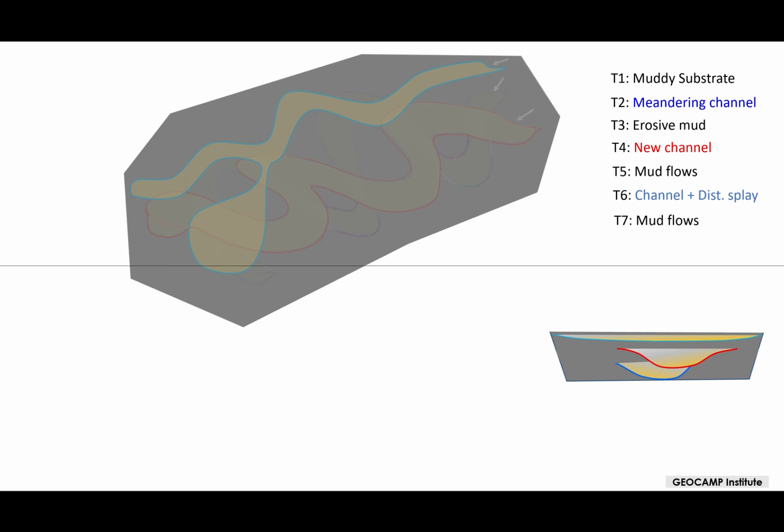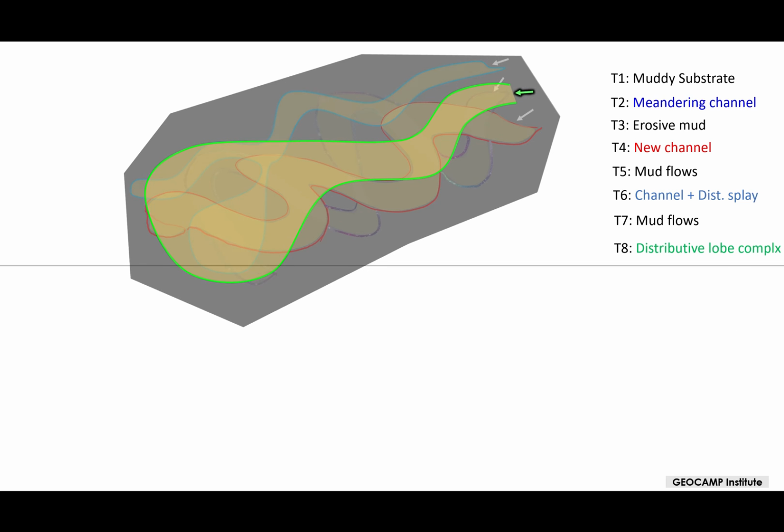Now let's imagine that we have another cycle of mud deposit coming in at T7, and a more recent distributive lobe complex at time T8. Let's assume that in this area the slope became a little more stabilized and we have more distributive type